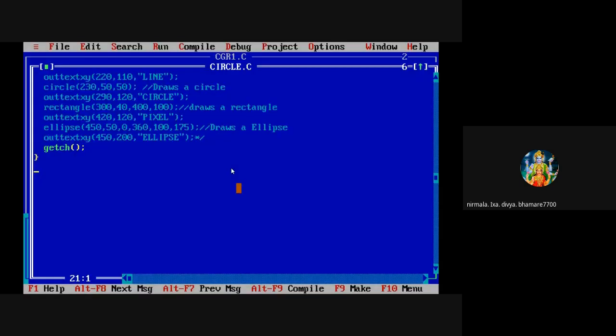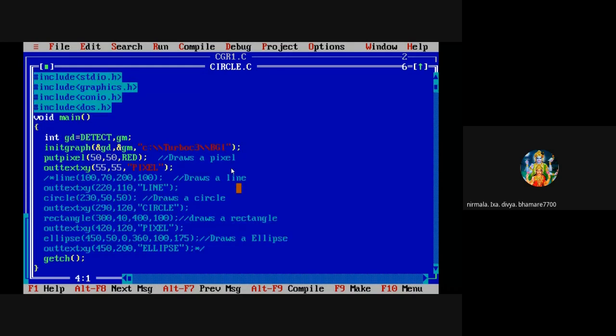So how is this word displayed on the screen? With the help of the outtextxy function. By the putpixel function, we have drawn the pixel in red color on the screen, and by the outtextxy function, we have displayed the word pixel on the screen. So in this way, a pixel is drawn on the screen.